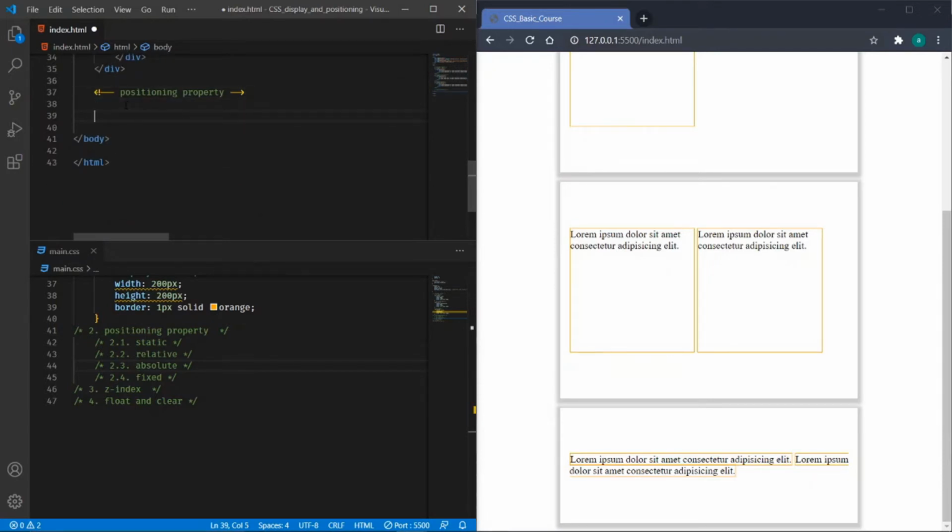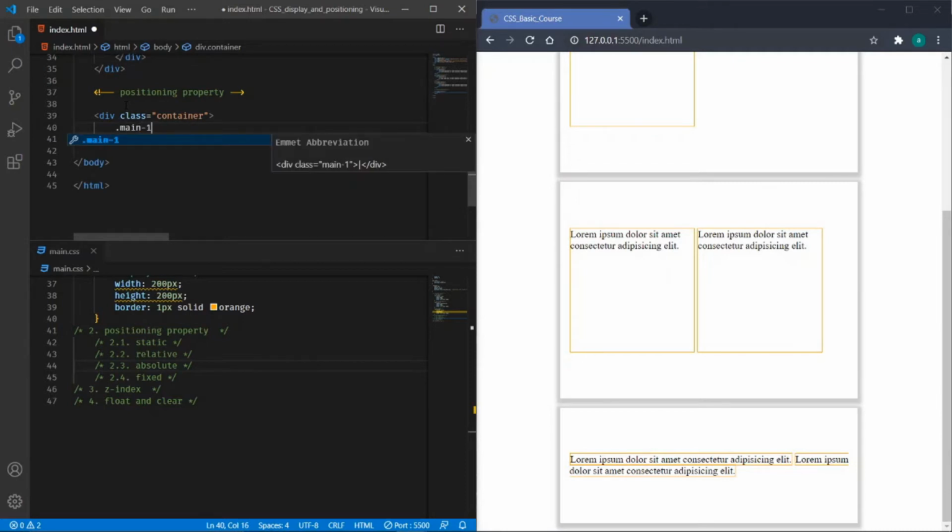For this, I will have a main container. Inside that I will have another block level container, and inside that I will have 3 child elements. So I will write container, then the main container.